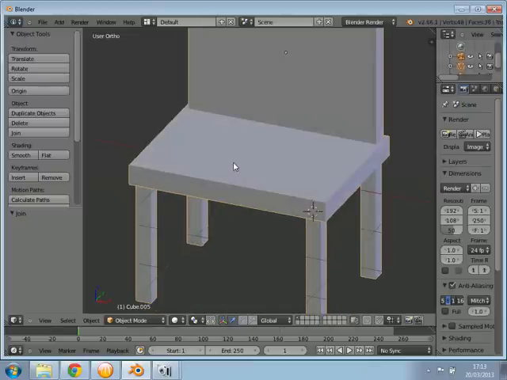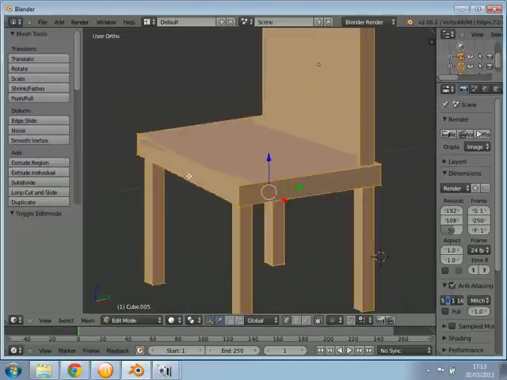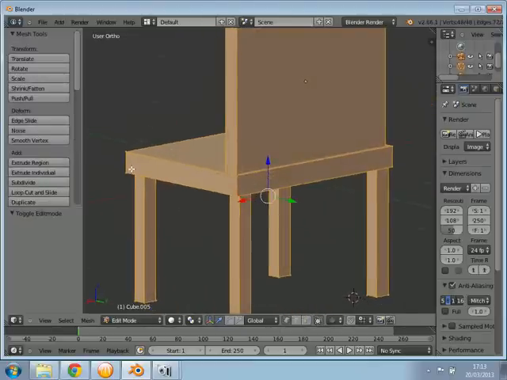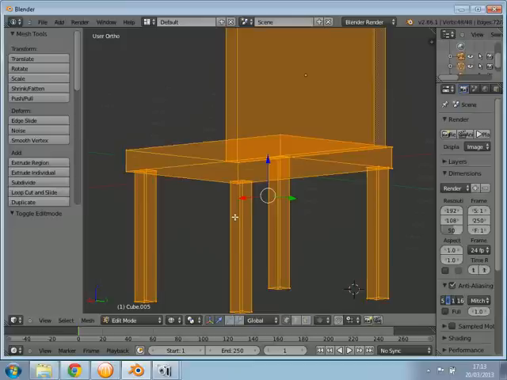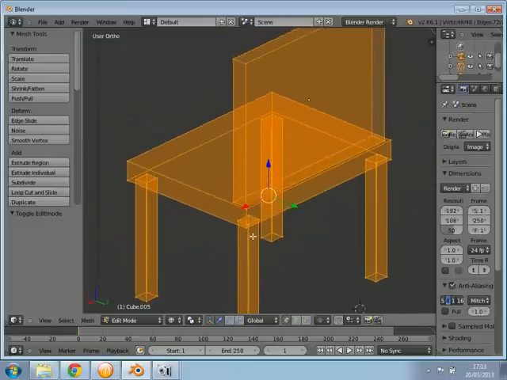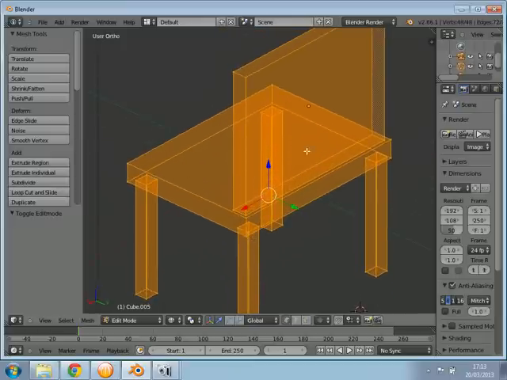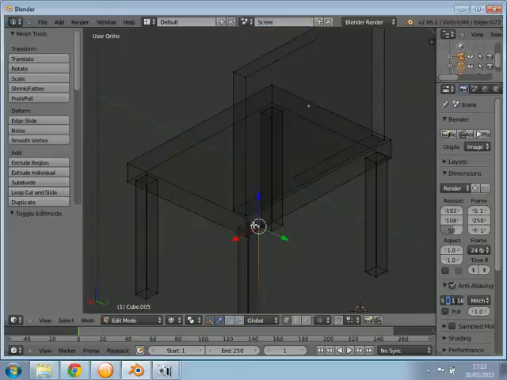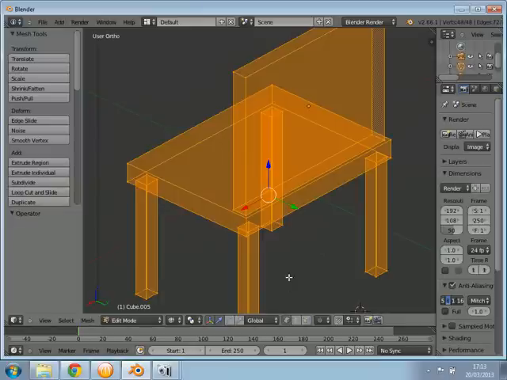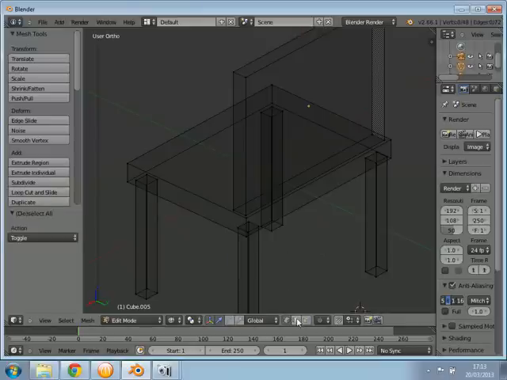Okay, now what we're gonna do, go back into edit mode. We're gonna do the legs first. So what we're gonna have to do with the legs, we're gonna select the corners, and what I'm gonna do, I'm gonna try to do everything at once. So first thing, I've already done that mistake, you have to go to the edge selection mode here, which is this middle button here,